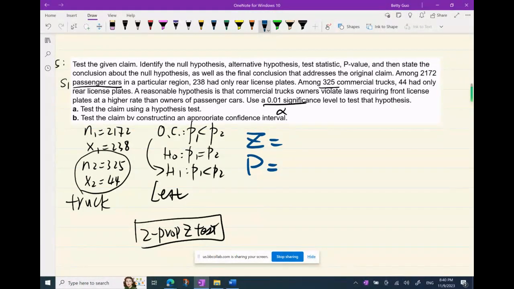Make sure you double check your entries, because all you do is just enter those values into the calculator. If you mess that up,